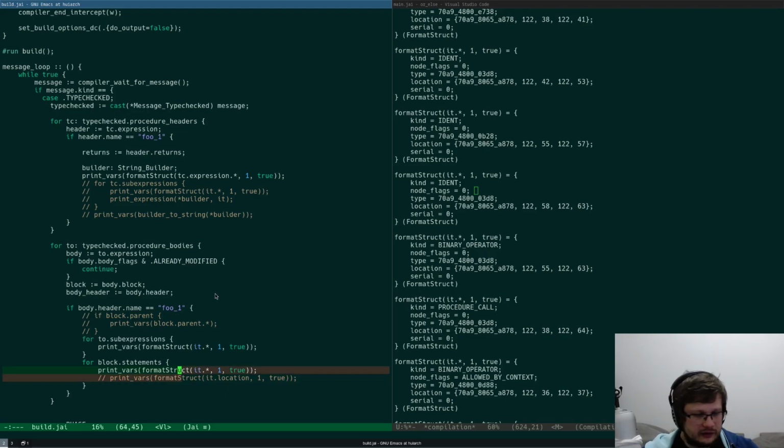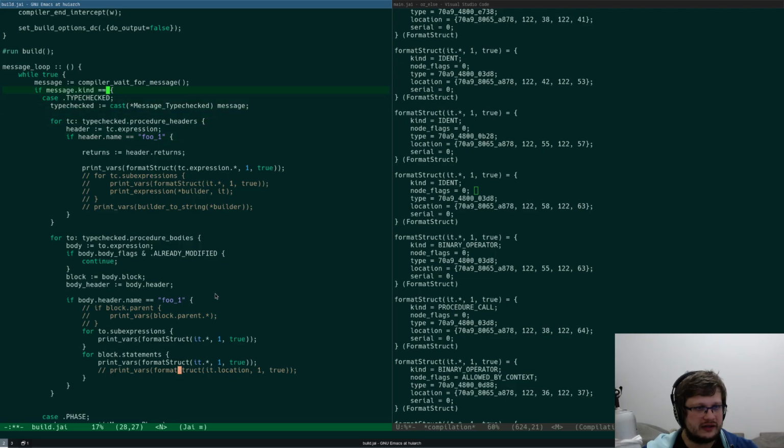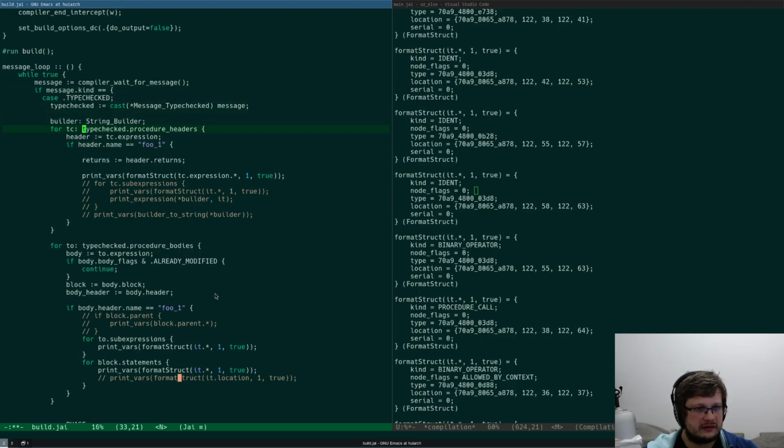What if I don't print words, but print the string? There was a string builder. Here, the builder. I'm going to put it here. I'm going to use print expression.